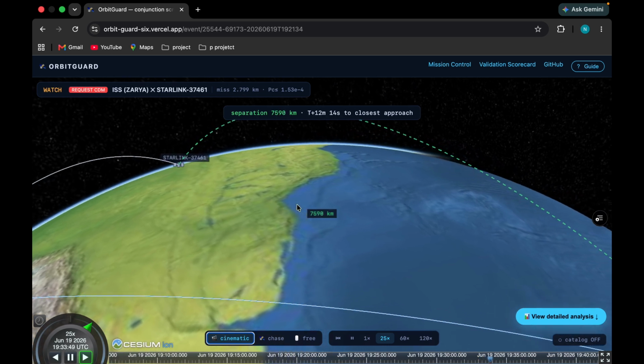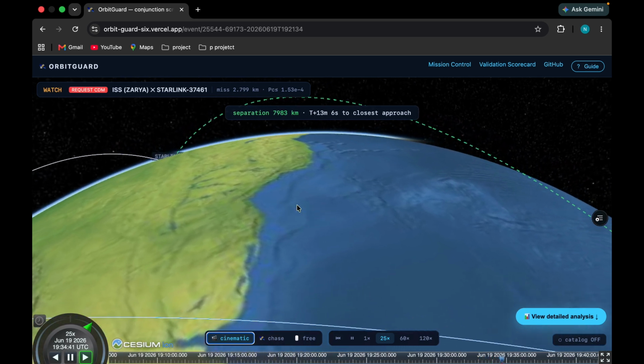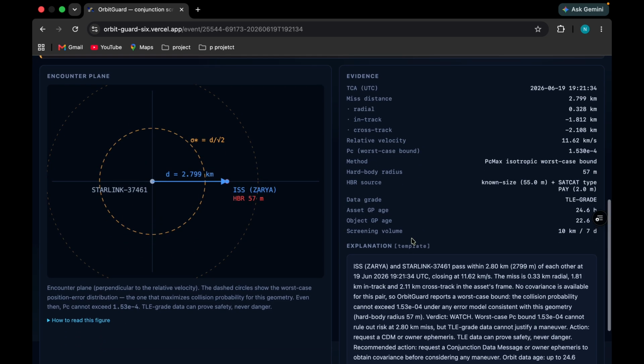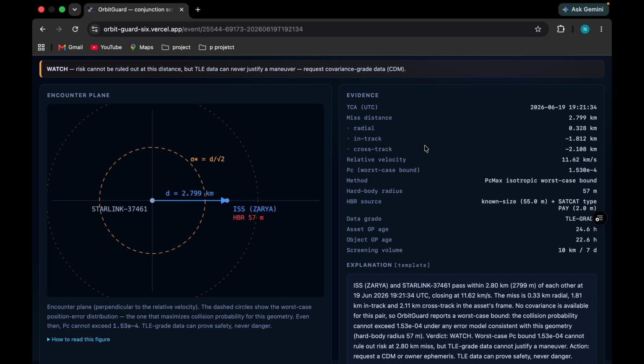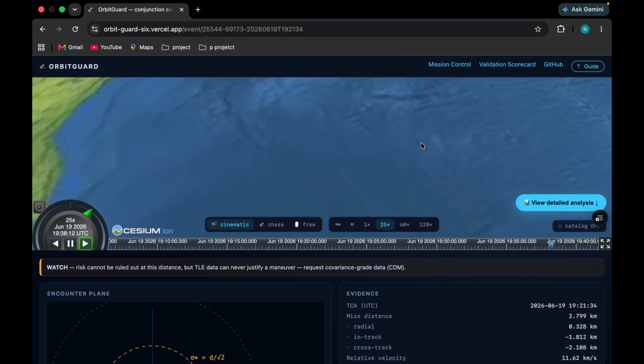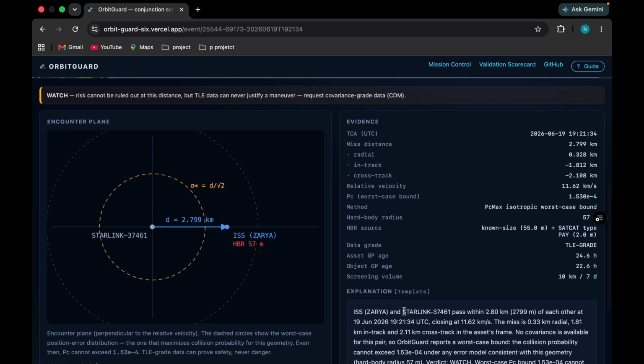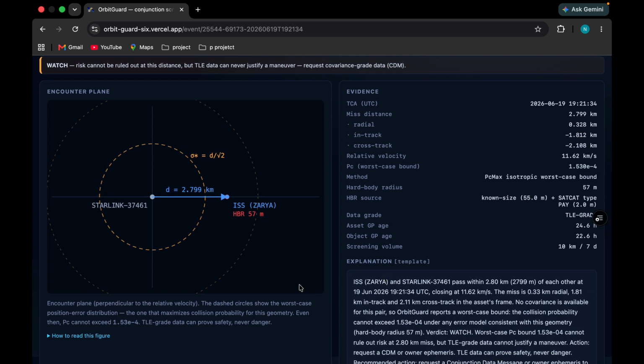And so this is our detailed view panel. Here all the data which I am showing above is backed by these numbers. This is the exact geometry, the miss distance broken into radial, in-track and cross-track, which for these two is several kilometers per second.